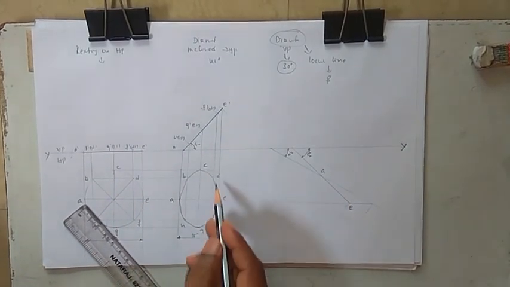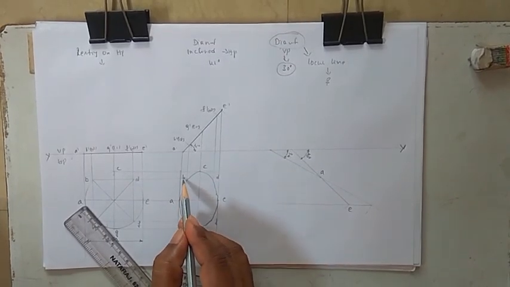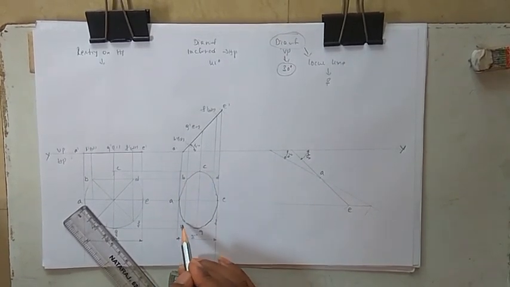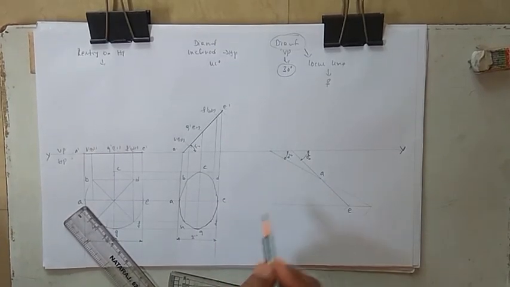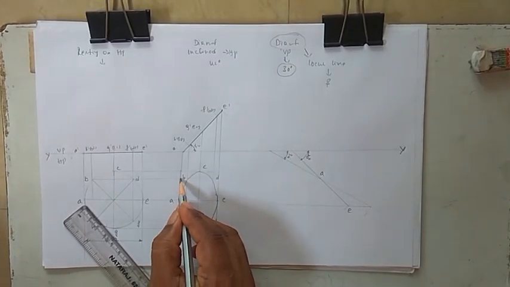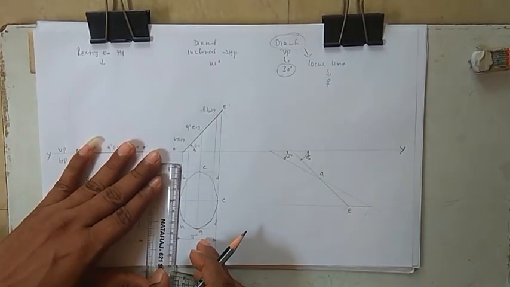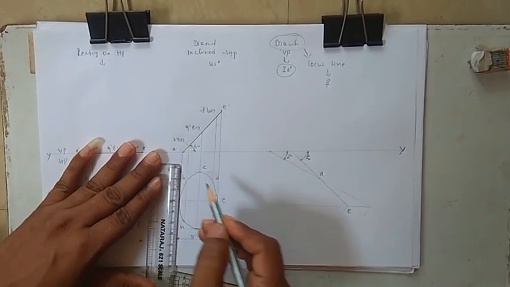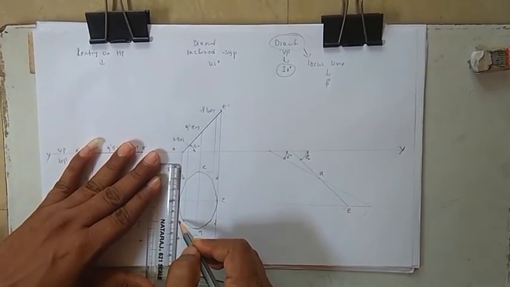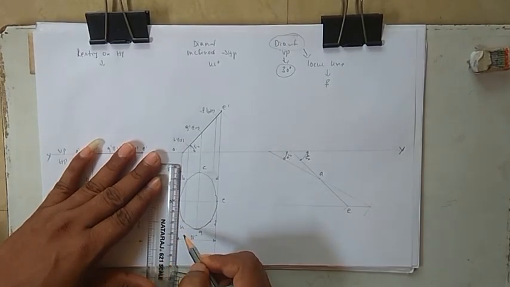Okay, now in order to reproduce this circle here, we have this reference. You can see there are two parallel lines here and two parallel lines here. So we'll drop that one initially. We'll measure the distance from here to here, then here to here. From here to here it's 20. Here to here it's 60. Same from this side, here to here it's 20 and here to here it's 6.